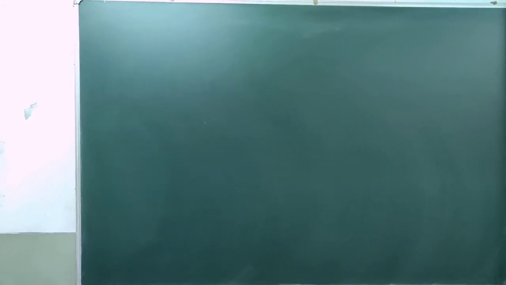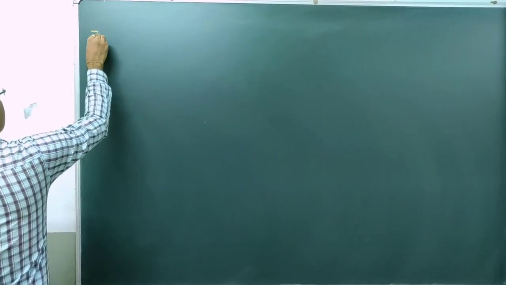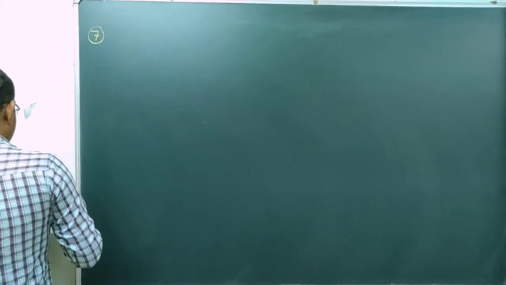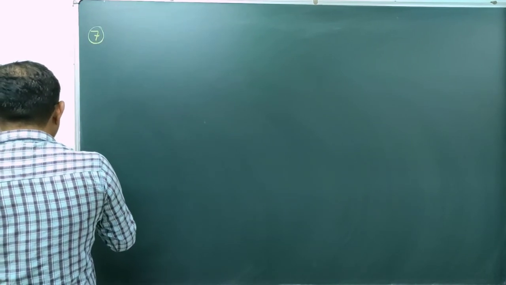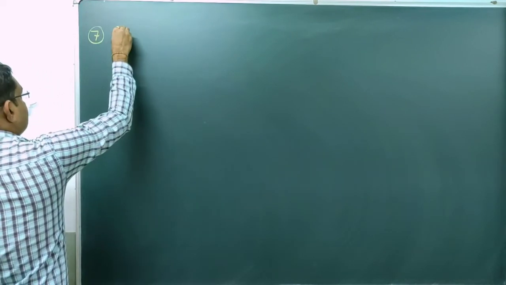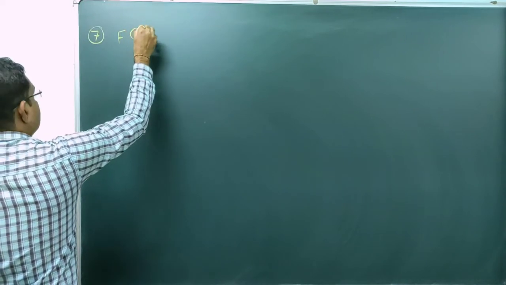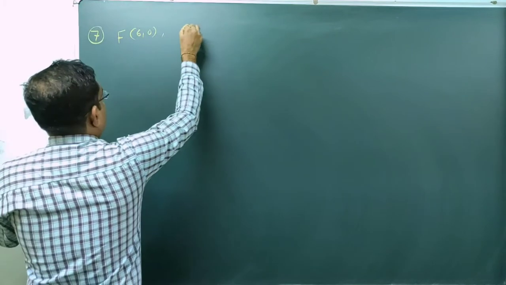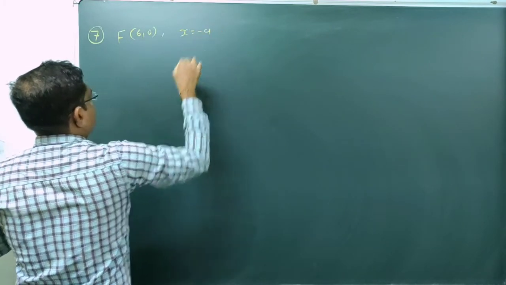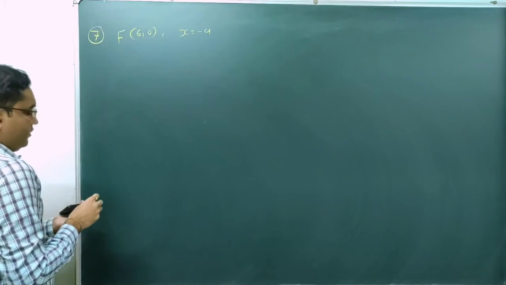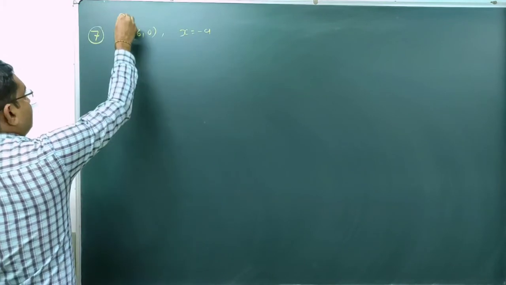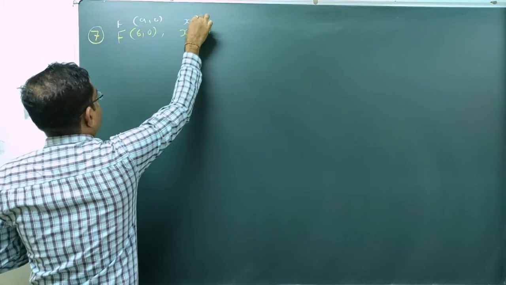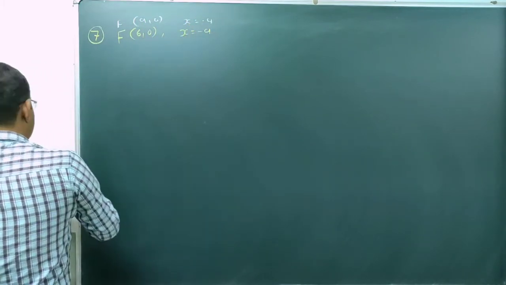क्वेश्चन नंबर 7, सेवंथ क्वेश्चन है ना. इतने सारे क्वेश्चन करने के बाद अभी आप सारे क्वेश्चन खुद से कर पाएंगे. So find the equation of parabola that satisfies the following conditions. Focus: coordinates of focus (6, 0) and equation of directrix x equal to minus 6. शायद कल आपने जो लेक्चर देखा होगा उसमें मैंने डिराइव किया था equation of parabola in which focus (a, 0) and equation of directrix is x equal to minus a ना.